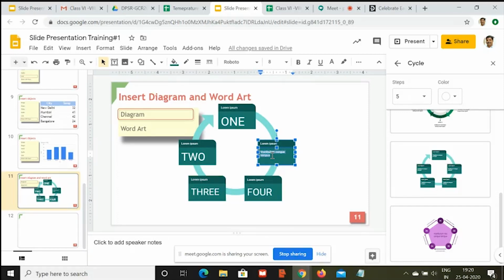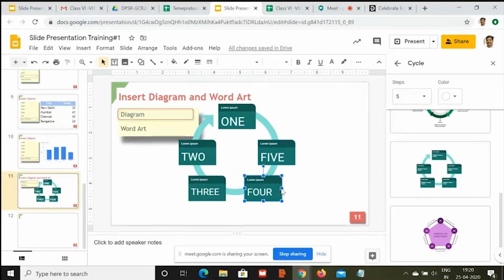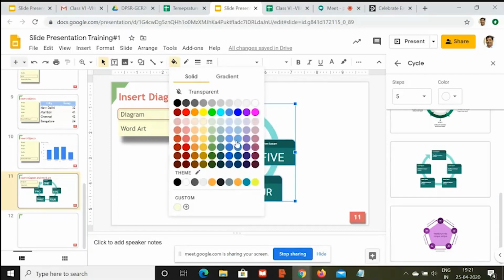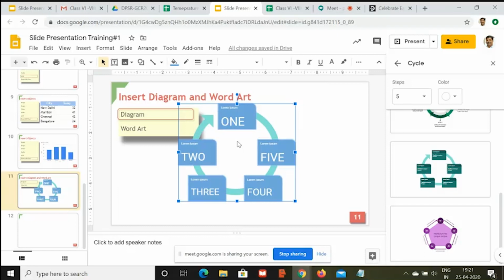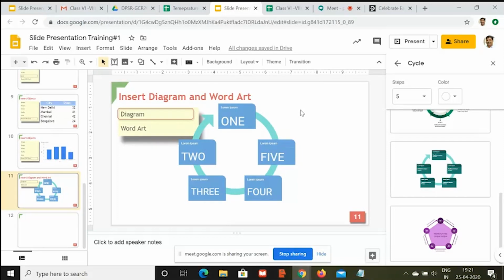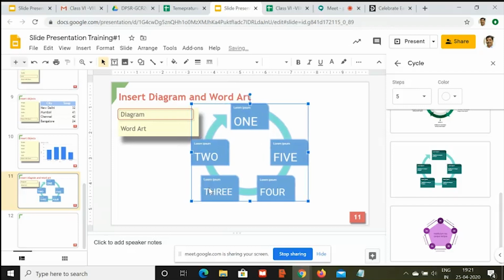So next is 5. And all these shapes have customization possible. Okay. And if you don't like these colors, suppose your green color is not suiting you, you can customize this green color also in one go. You can select all of them together and then go to fill color and change the color to something else. So let's say it is blue. So it is changed to blue, right? On top also there is some text written that you can also change as per your needs and requirement. So this is one of the diagrams you have seen which is available here.